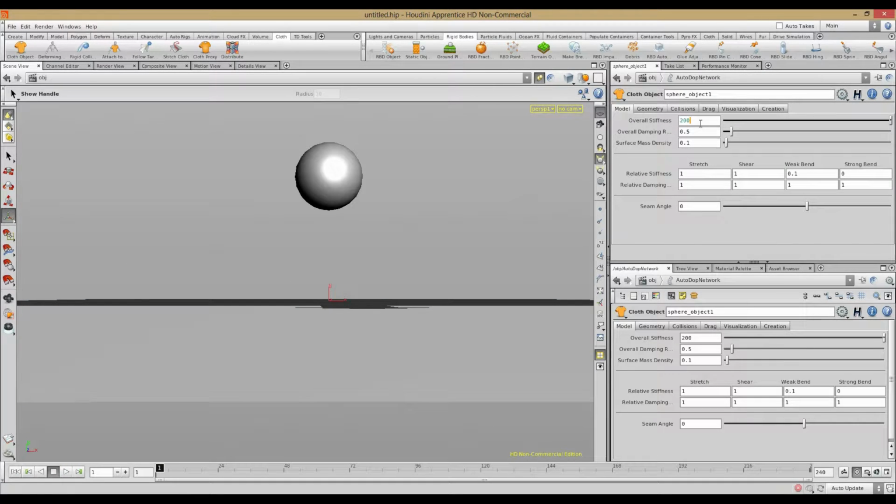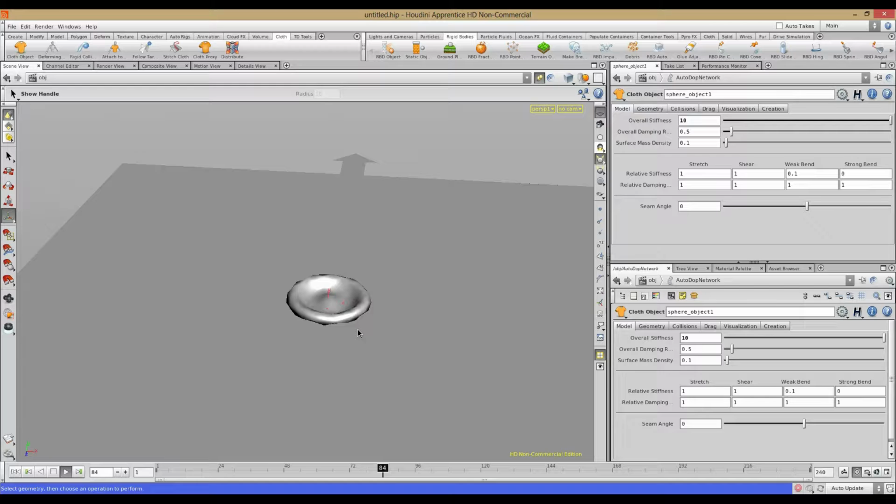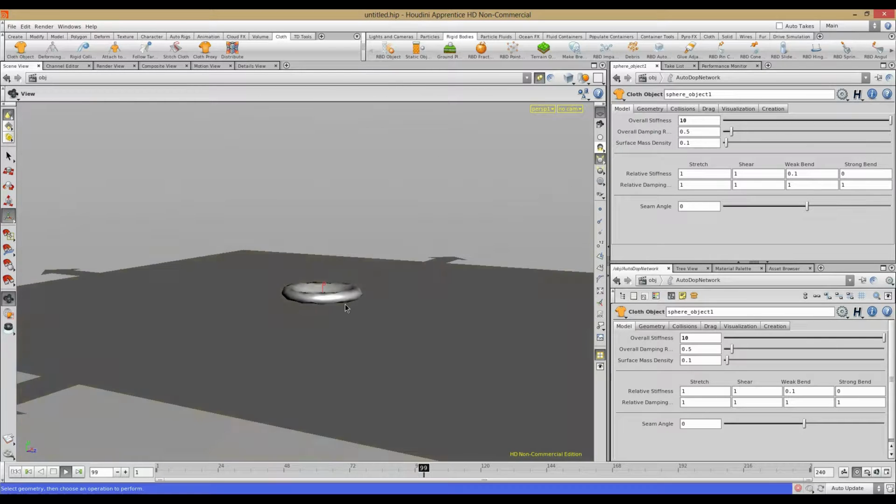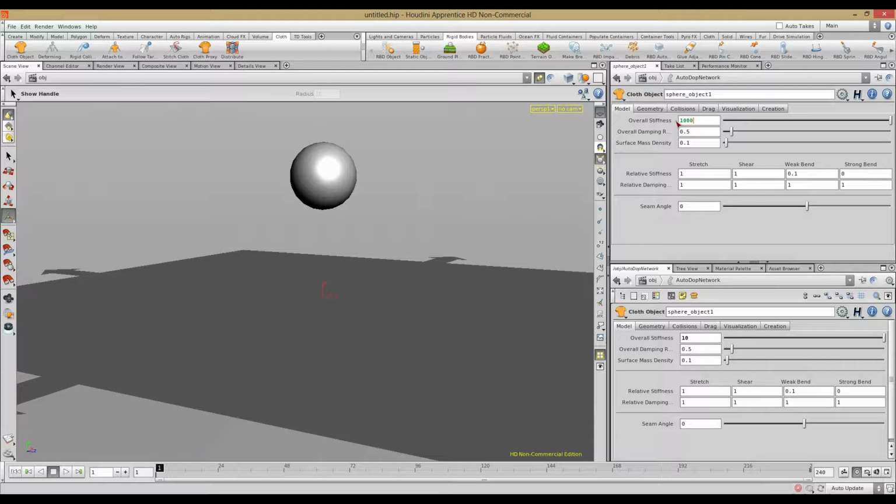If I set my stiffness to a lower value, let's say 10, and play it, you see that the cloth becomes really soft and just falling down. While if I set my stiffness to a high value,